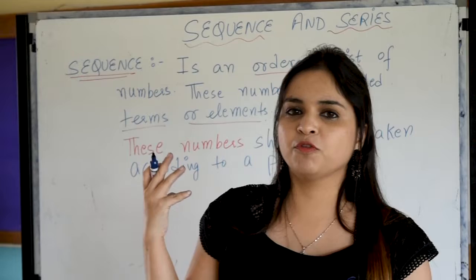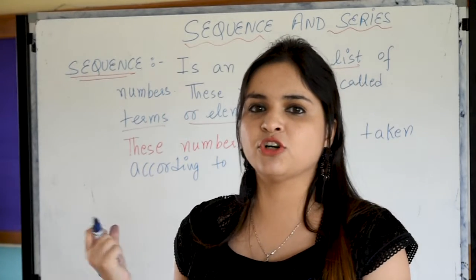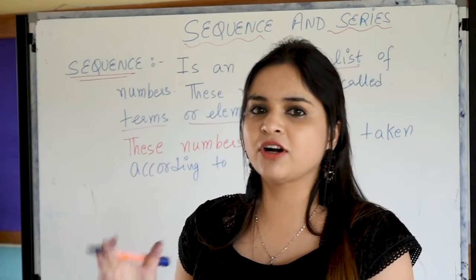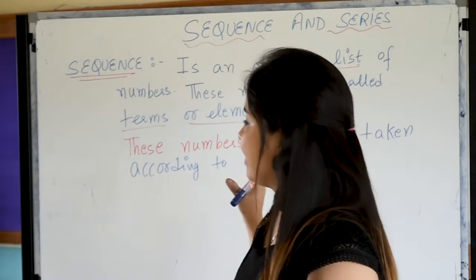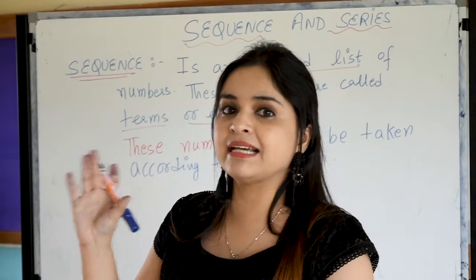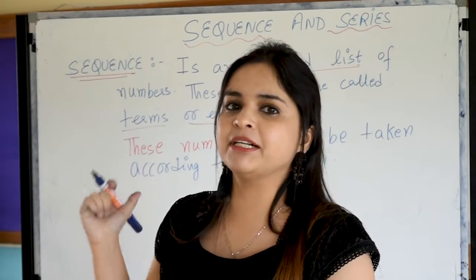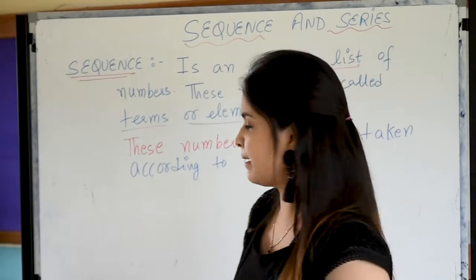Okay, so we can take any ordered list of numbers. Those numbers are called terms or elements, and we have to take the numbers such that they follow any particular pattern. For example,